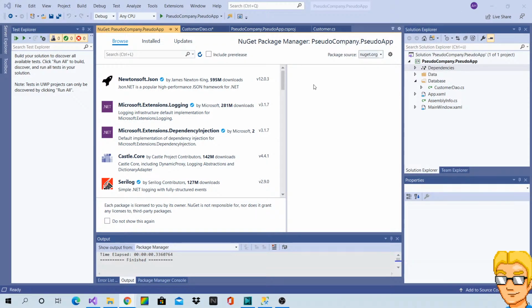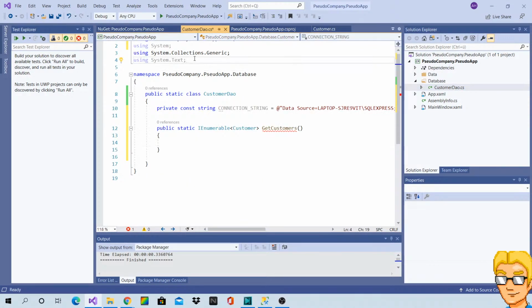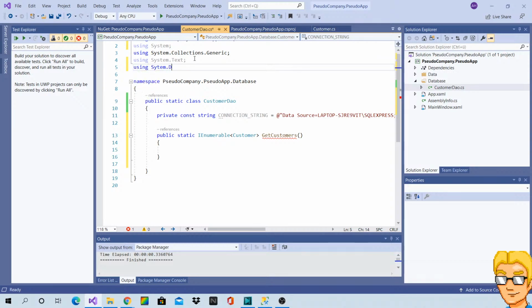Okay, it's just in a different namespace. Hold on. Oops. Yeah, okay. I thought it was going to be in a different assembly, but apparently not.